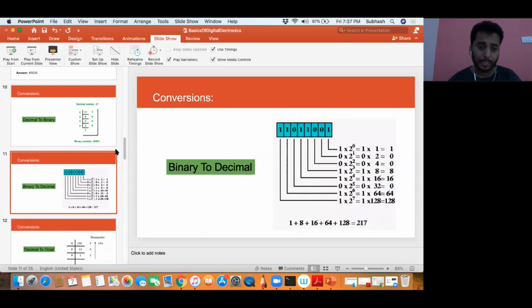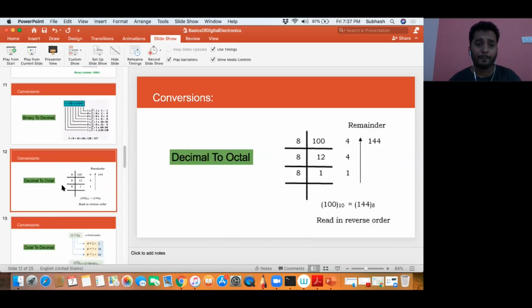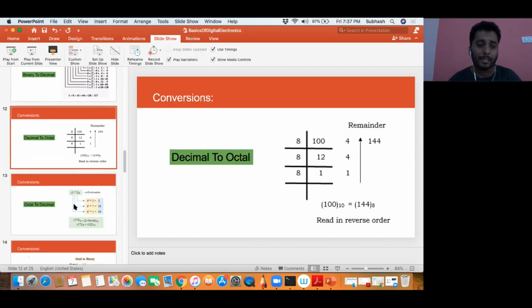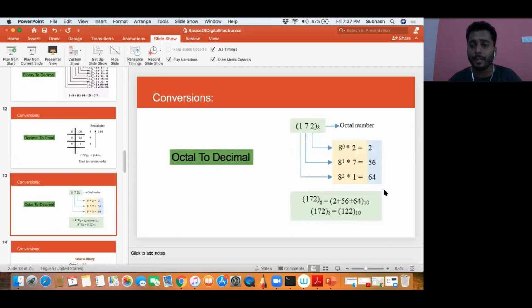Okay, that is the thing. Next, we started doing the conversion from decimal to octal. Given a decimal number, I want to represent it in octal, so I started dividing by 8 continuously, keeping the remainder aside and reading it in the reverse order, so we get the final octal number. Then we did the reverse, that is we converted from octal to decimal, where an octal number is given and I use each digit from the right hand side and multiply with 8 raised to its power, and finally after finding the multiplication of each digit with 8 raised to its power, I add all those numbers to get the final decimal number. That is how we convert from octal to decimal.